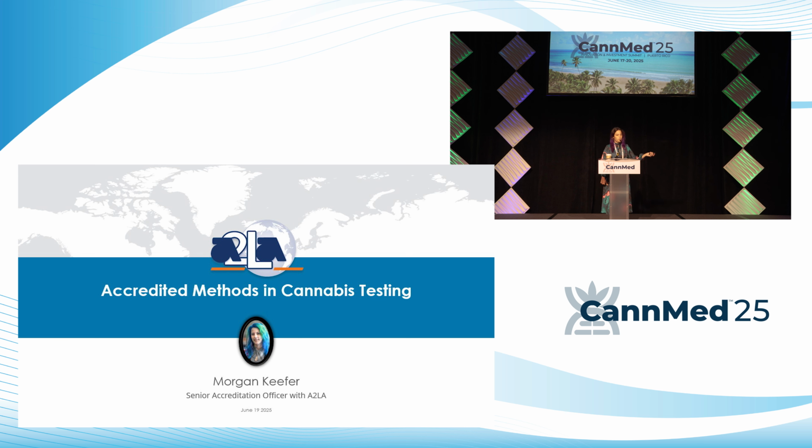There are some more examples just showing that cannabis laboratories are generally listing their methods by SOP number, which is not really clear to the regulator, to the client, to the consumer, what method they're using. SOP 800 could be pretty much anything. So there is some regulatory oversight needed, but it is difficult to make that happen, and of course a time-consuming process. So I think we're all here because passion led us here. We all really care about making the industry a better place, kind of working together to harmonize the industry. And I think we can all come together and find and fill the gaps and mitigate any overlaps.